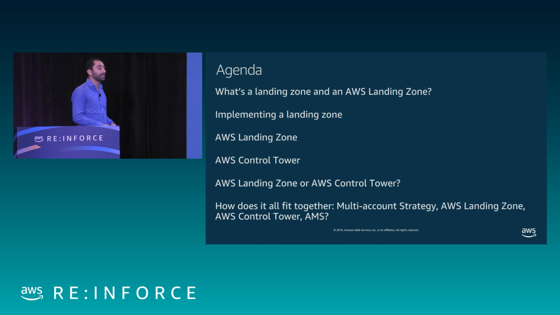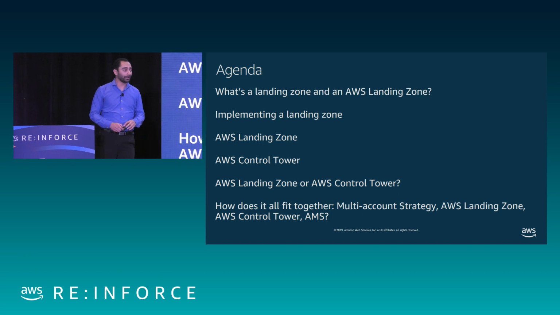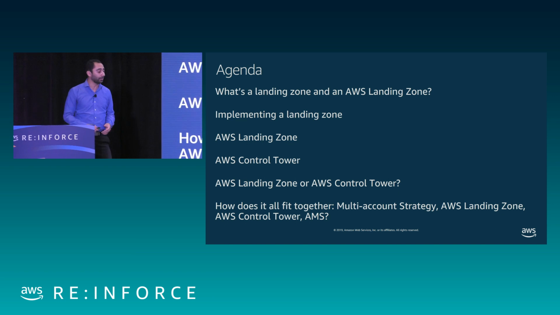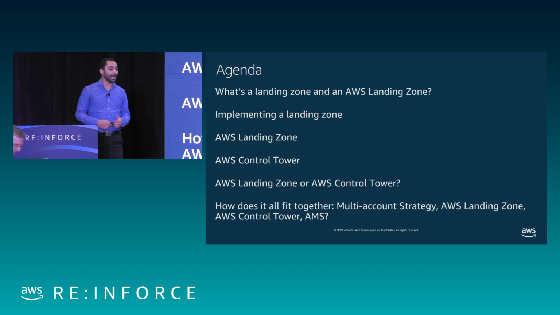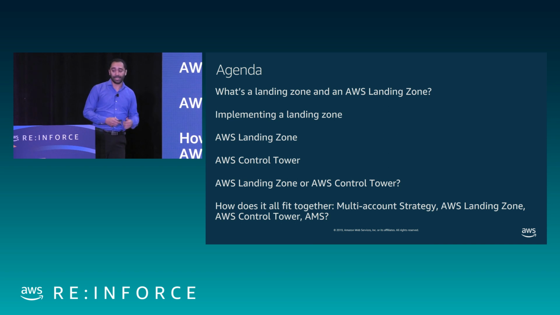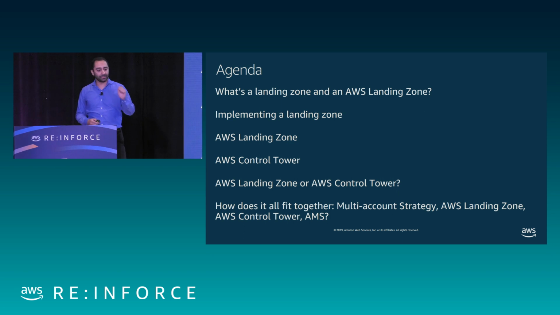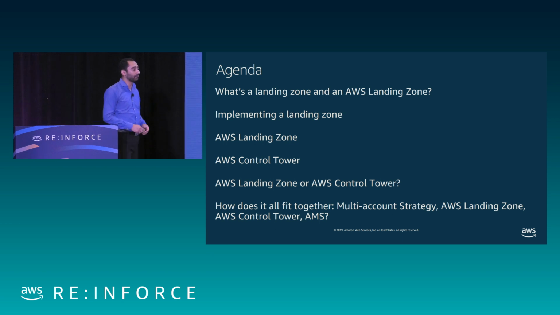I'll give you a high-level overview of this, and then we'll go from there. We'll talk about what's a landing zone, lowercase landing zone, uppercase landing zone. What does it take to implement it? The services that it takes, whether it's AWS Landing Zone or Control Tower. We'll think about one versus the other. When do I use Landing Zone? When do I use Control Tower? AMS, the managed services, and how the whole big picture fits together. And at the very end, you also get to help me define what the next set of guidance and things that we're planning to put out there for you are. What are the areas? We've got a list of things that we're thinking through.